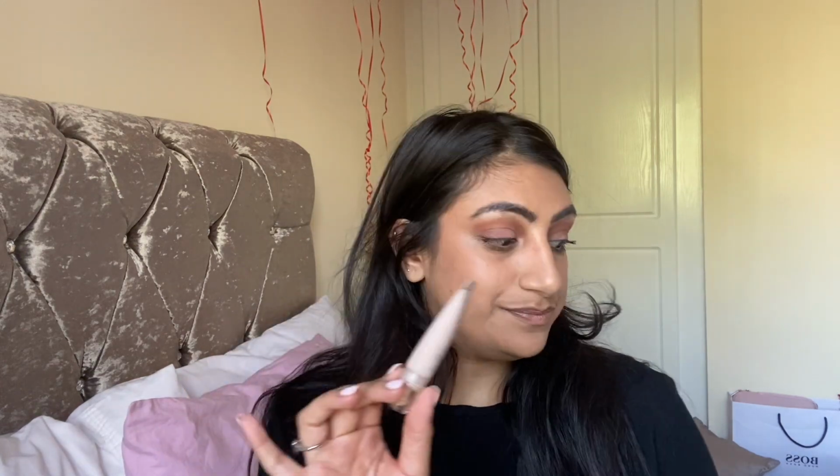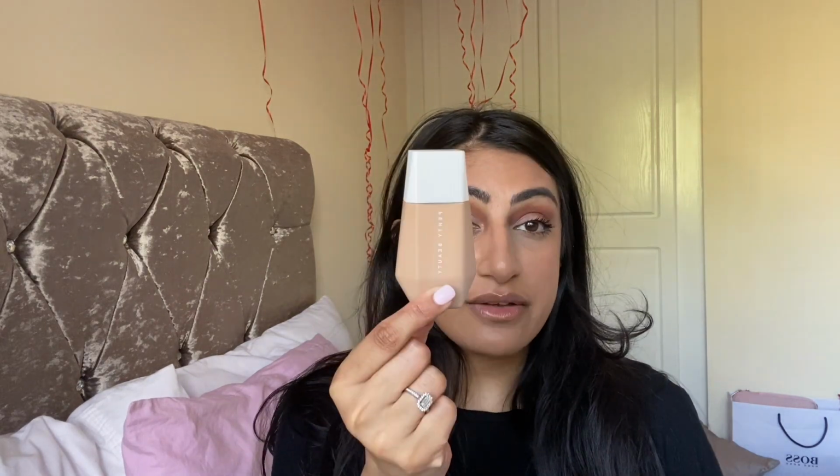I have set the product with Laura Mercier. I've not baked it. I've literally picked up a bit, just swiped it on, pressed it in, and that is it. But you can definitely see that there is a lot more brightness coming from this under eye compared to this under eye. So now I've done my base, sorry, just to talk through the products I've used: